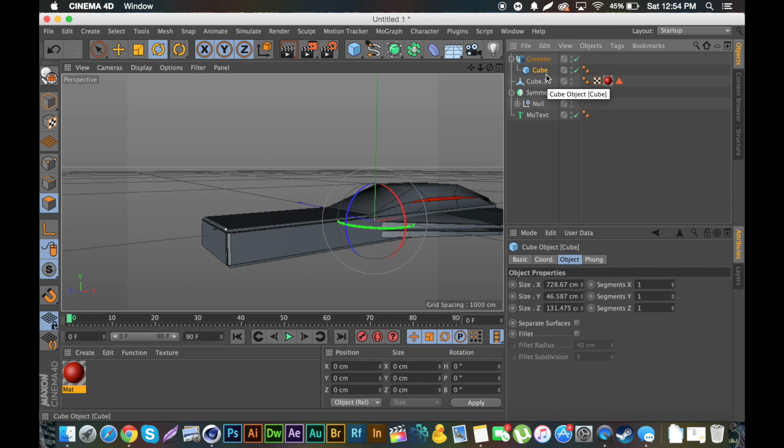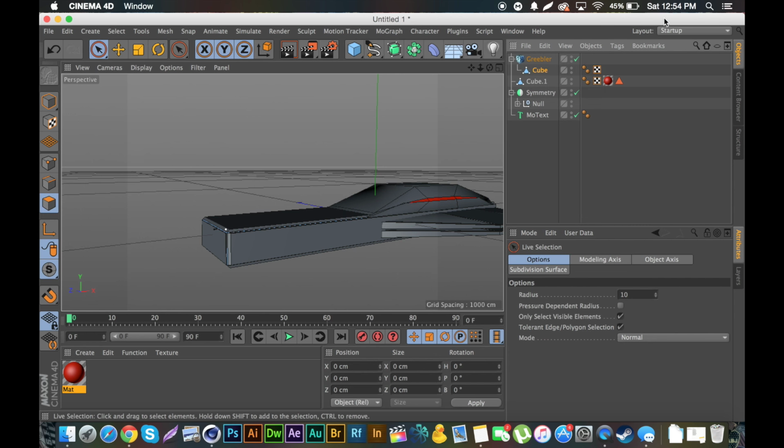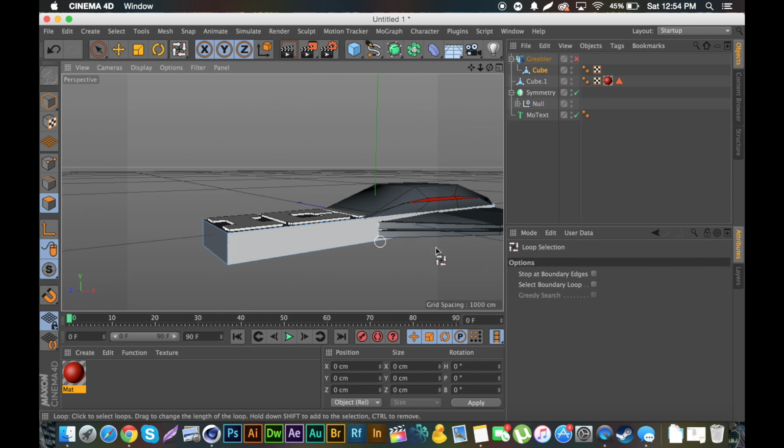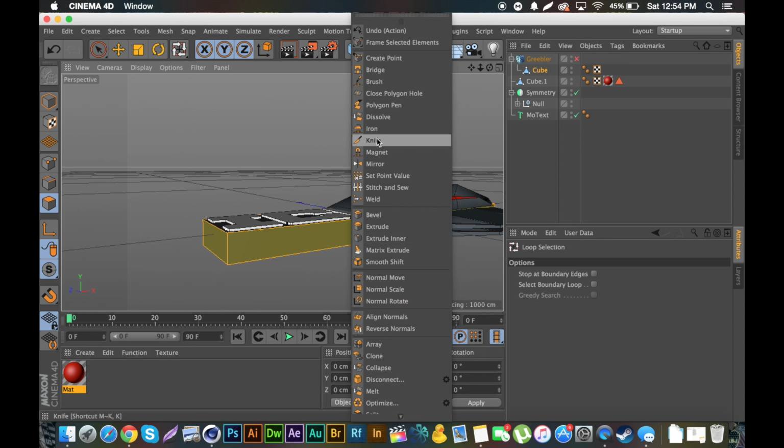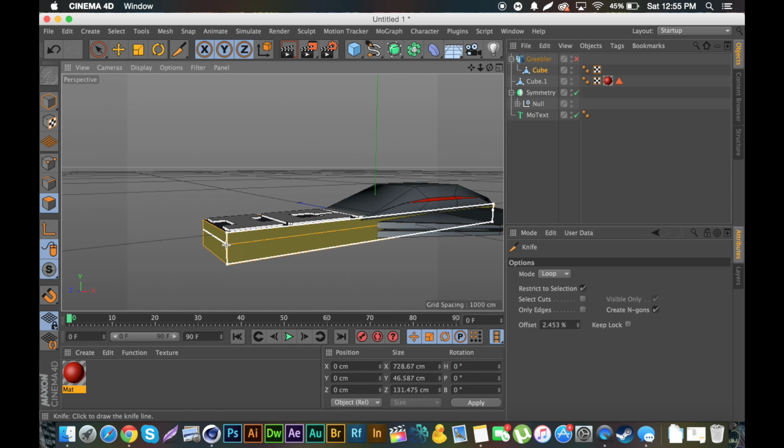So I'm gonna go to the cube in Greebler, hit C on the keyboard, go to selection, make sure I'm on polygons. I'm gonna uncheck the Greebler for now. Select loop selection. I'm gonna loop around, and I'm gonna right click and get the knife. And let's see if loop works. I don't know if it will. Alright, I think that's working. I think that's perfectly straight. Let's do it once,